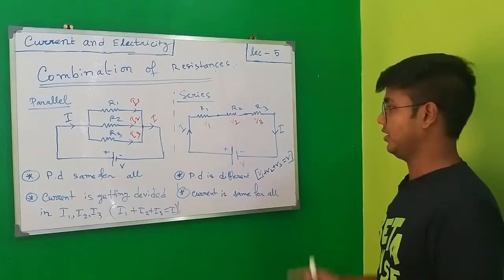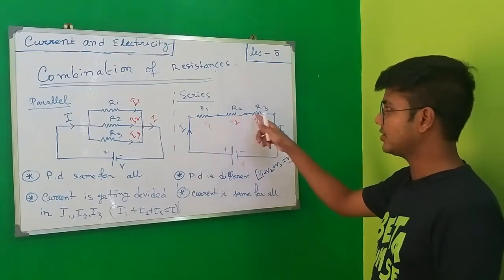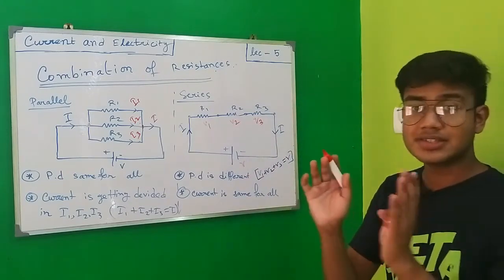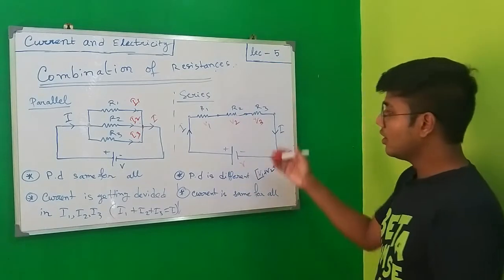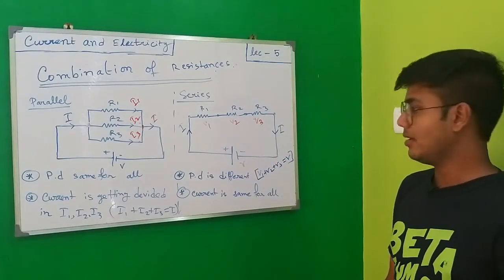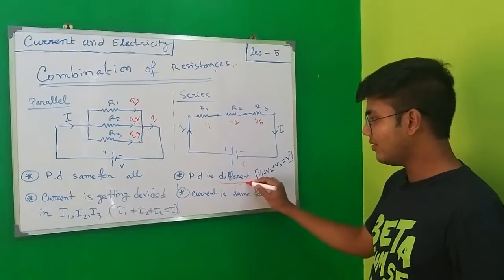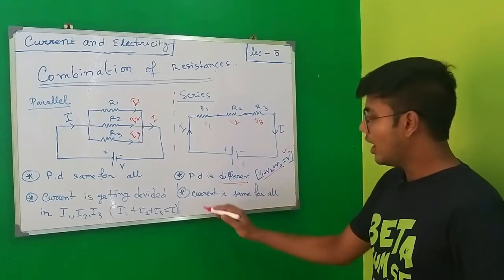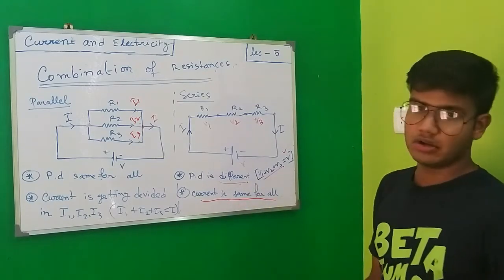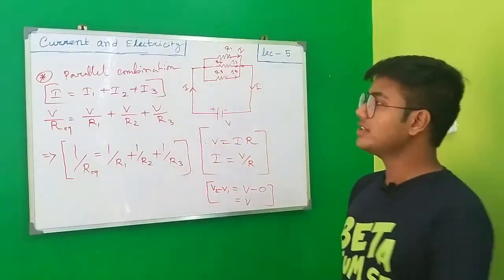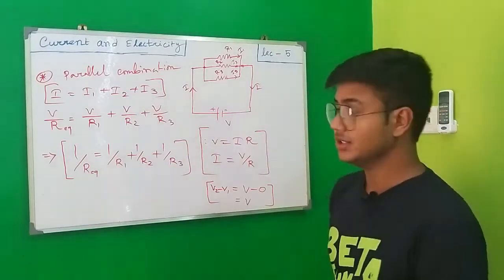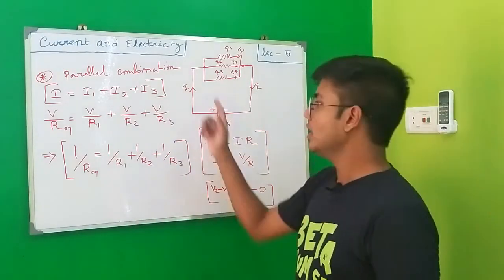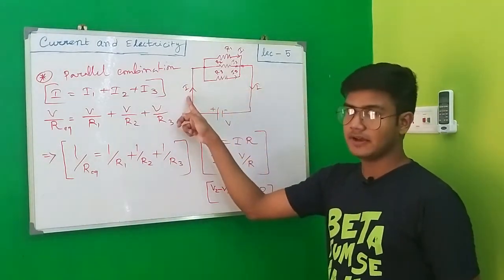But one more thing, the current is passing the same through each of them. That means the value of current will be the same for all of them, but the potential value will be different this time. So that is the combination, the potential values will be different. If you add those potential values, you will get the total potential, and the current is the same for all of them. Alright, so we just learned in that parallel combination, we got different current values, and if we add them together, that will give the initial current value I.